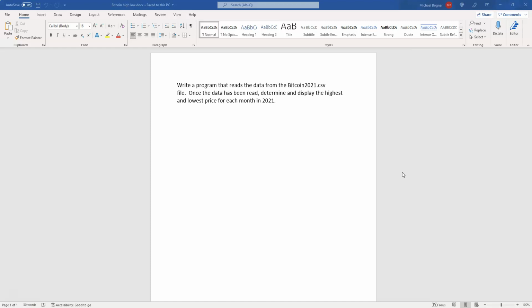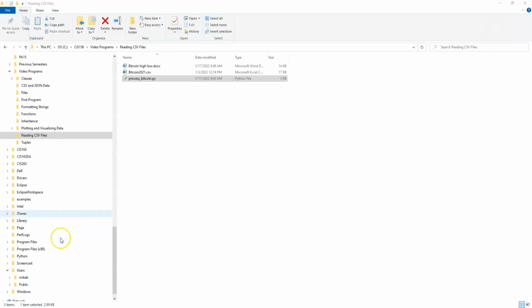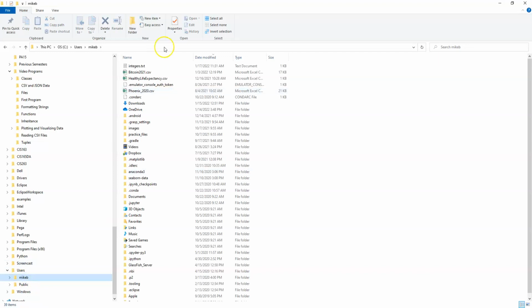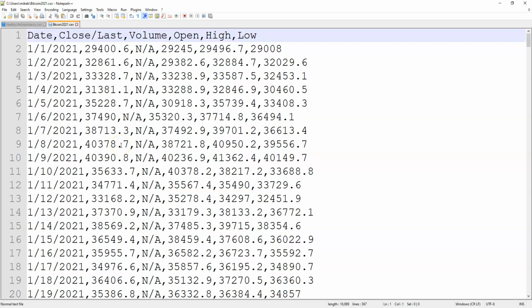in 2021. So the first thing we're going to do is look at the actual data file. So I have that saved under my Mike B home folder. It's called Bitcoin 2021.csv. So let me just open that file up, which I've already done. As you can tell, it's a comma separated file, and what we have on line 1,